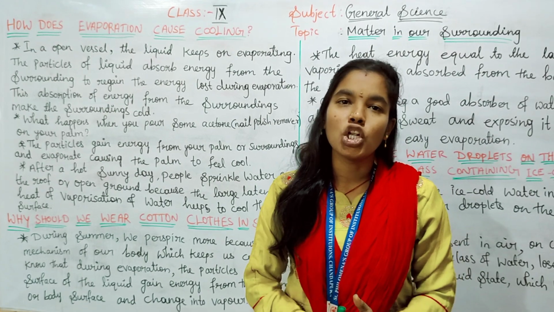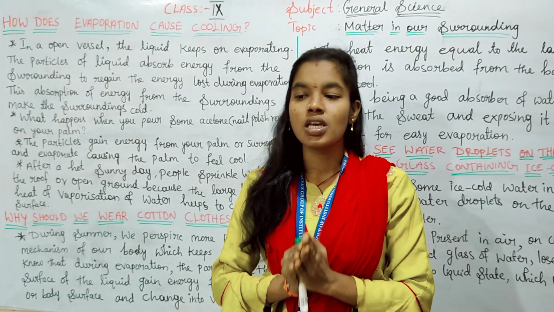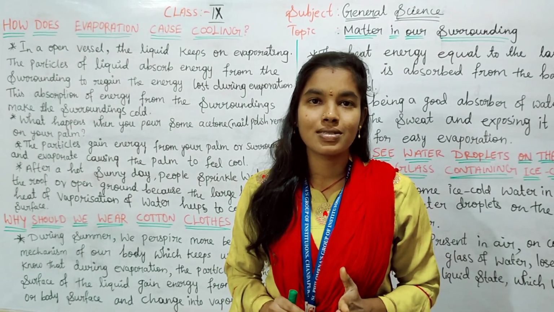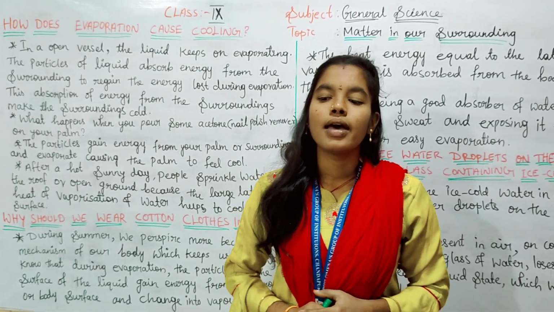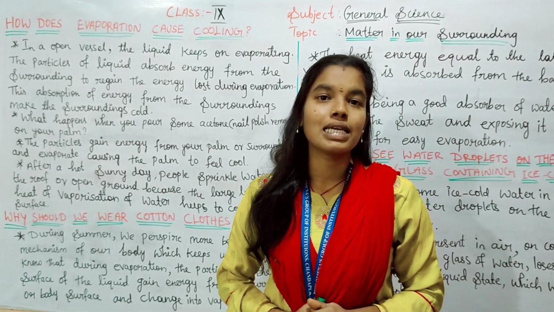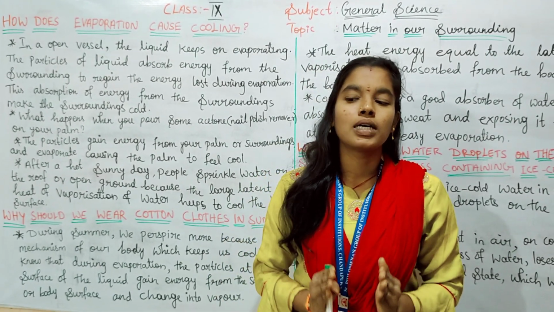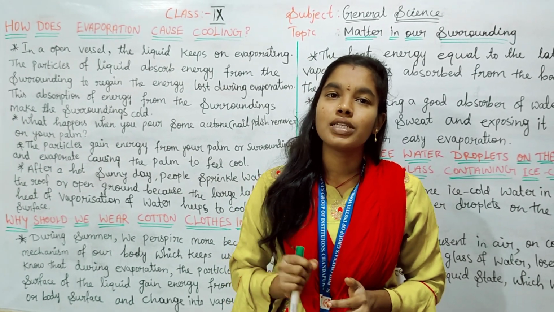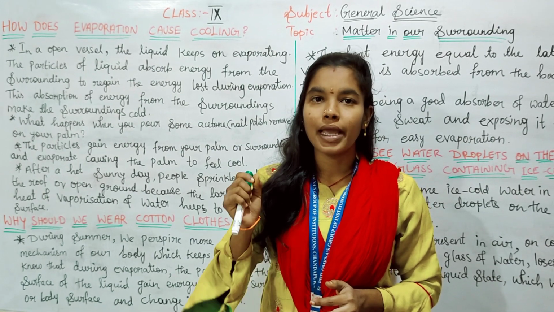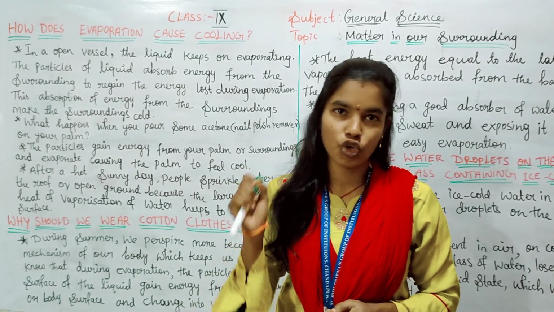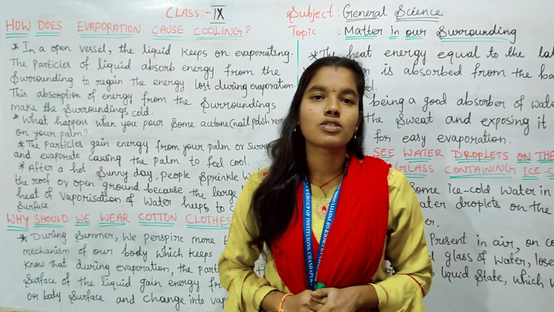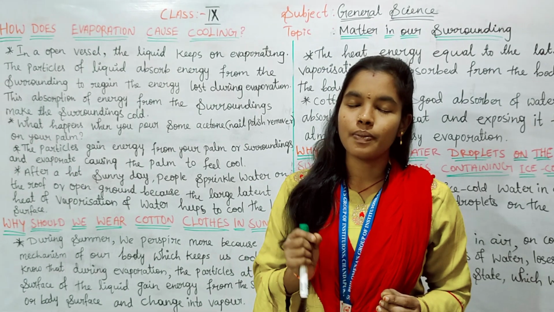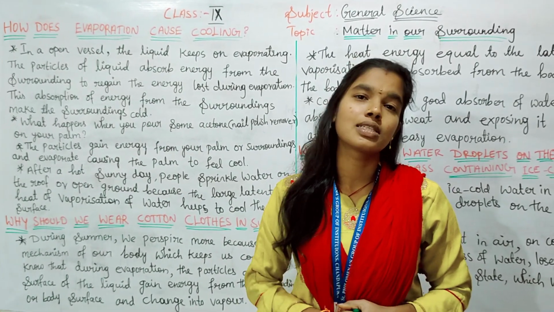Next one is volume. Volume SI unit is cubic meter, and we denote the symbol as small m cubed. Next one is density. Density SI unit is kilogram per cubic meter, and the symbol is kg per m cubed. And the last one is pressure. Pressure SI unit is Pascal, and the symbol is capital P, small a. With that, we'll start today's session.